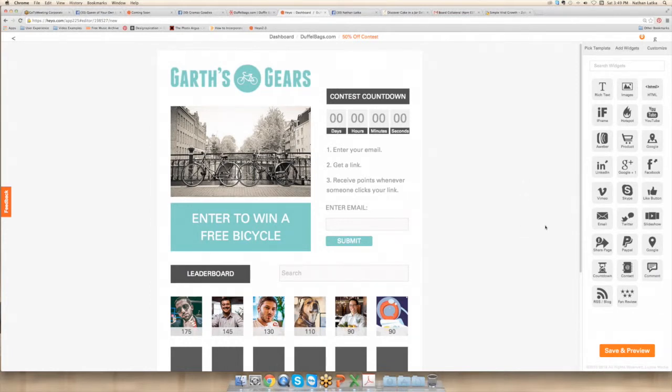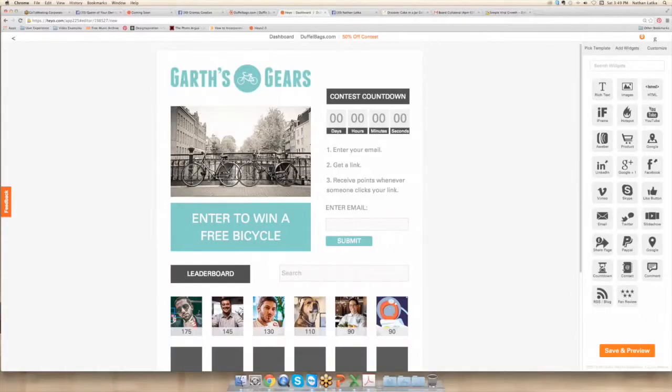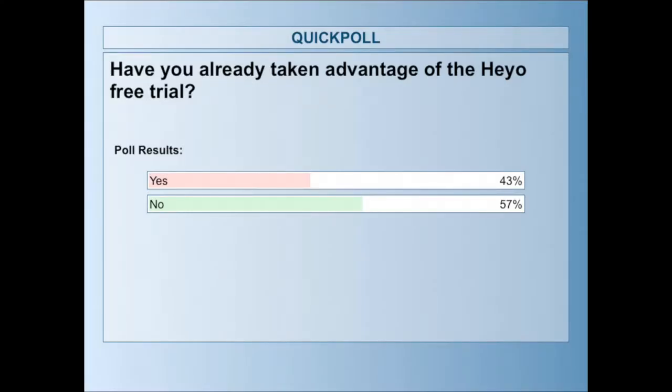In fact, I'll ask you guys real quick via this poll. Take that poll real quick on your screen. Okay, I see 64% of you have voted. The rest of you guys that haven't looked at the screen and voted, go ahead and vote real quick so I can close it. All right, so we'll close the poll and share results. Okay, so 57% of you do not have a trial. 43% of you guys do.